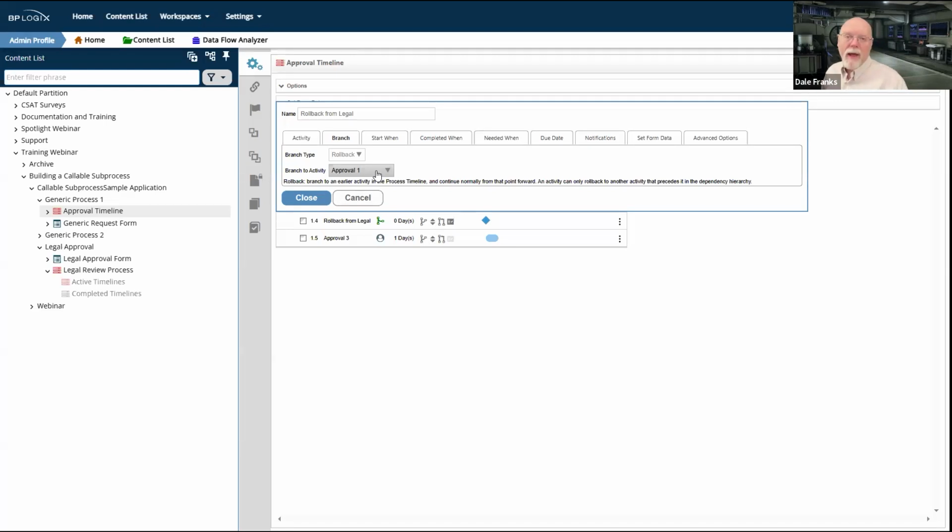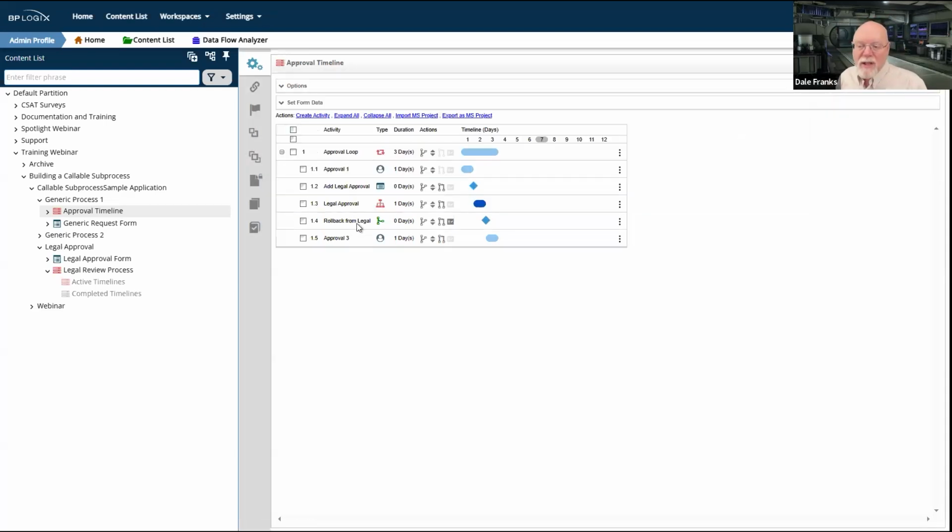So I need to run that initial approver step again to add whatever information they need to add, complete their task, which again will send it back to legal for the legal approval activity. And then of course, if the legal approval checkbox is checked, the rollback from legal obviously won't run, and we'll run it straight into approval 3.